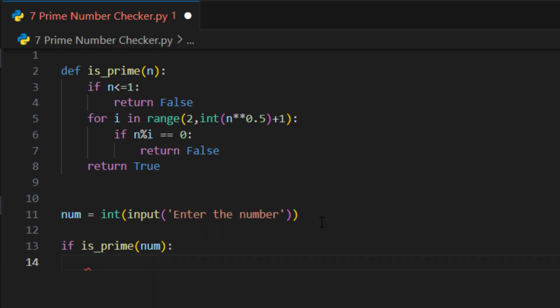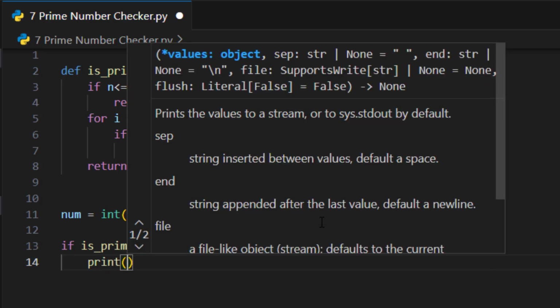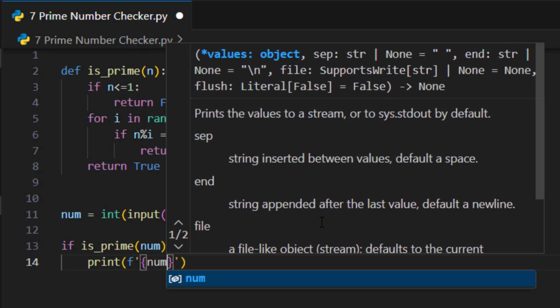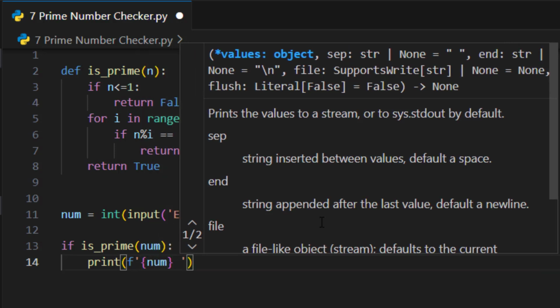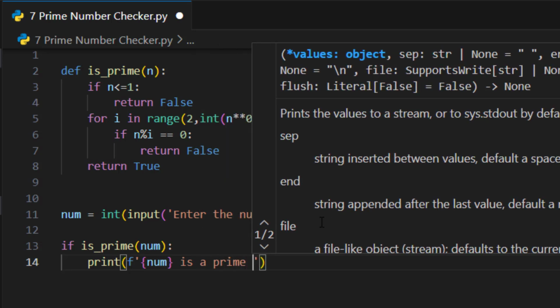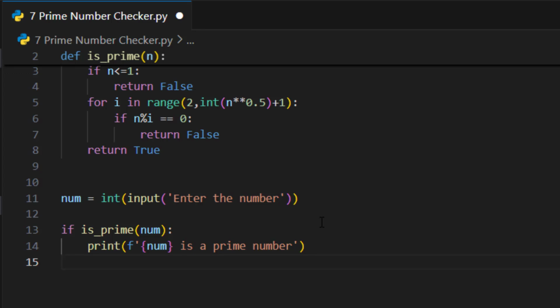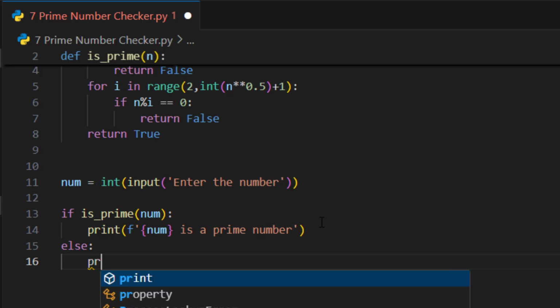So if this function returns True, then we are going to print with an f-string that yes, our number is a prime number, or else print,